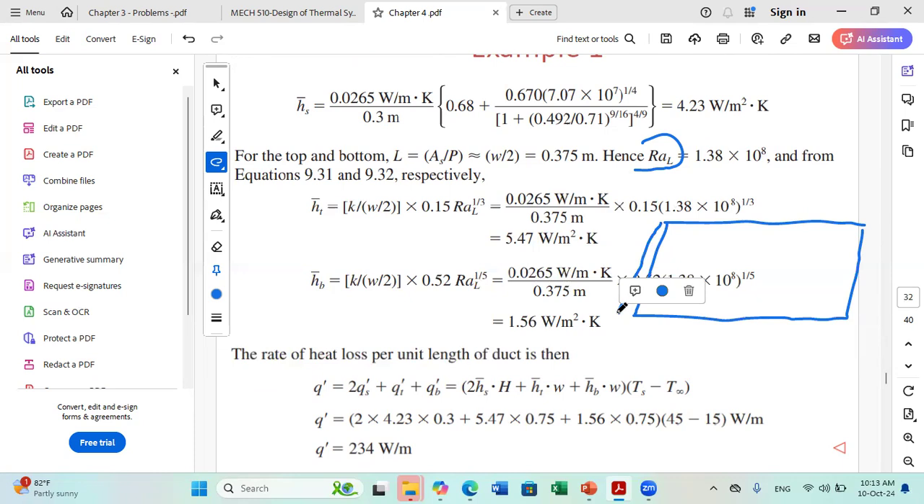And after, when you want to calculate per unit length, you do h bar times area times delta T. You divide then A by L to get Q prime per unit length. But when we want to calculate the characteristic length, you should take it for the whole surface. And since here the duct is very long, they told us that we have a very long duct. So L is very